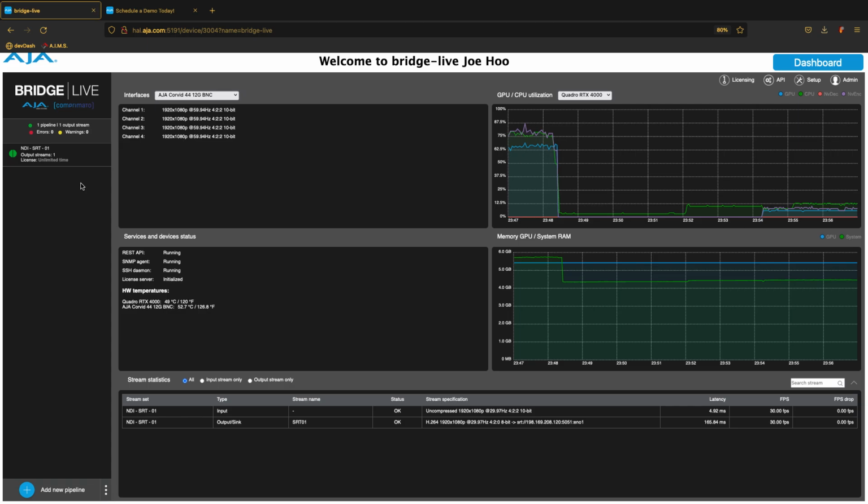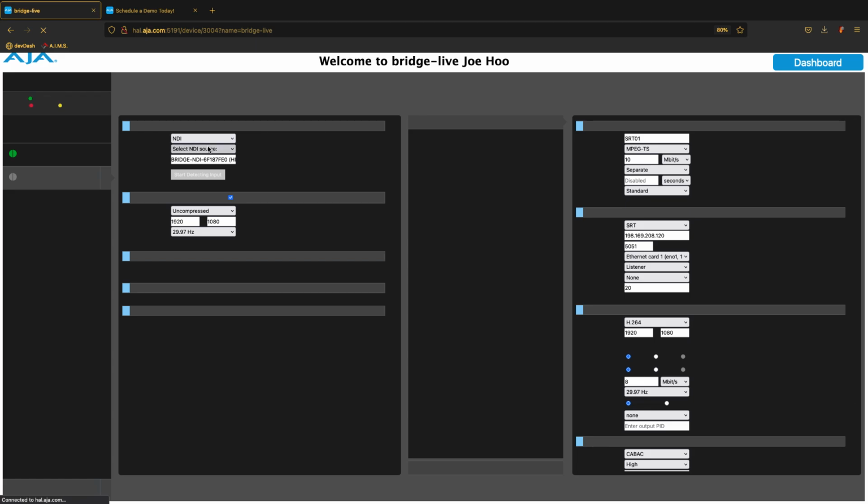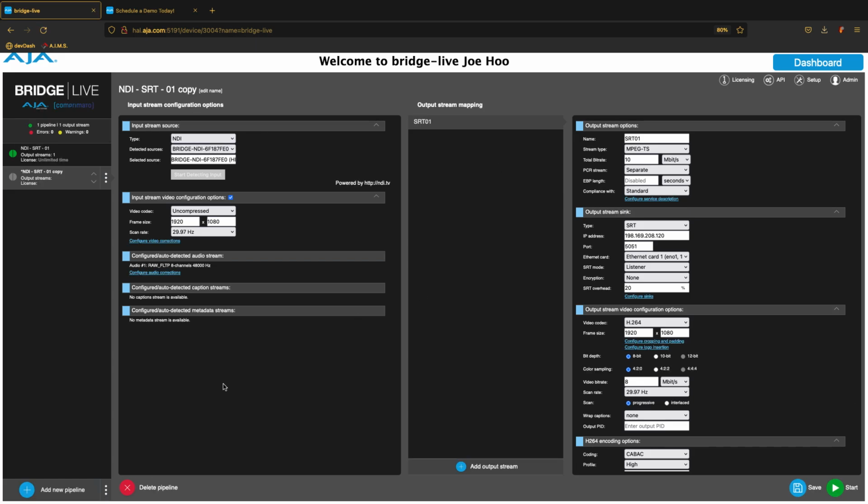So I'm going to go ahead and add more pipelines. I can do that just like I did just now, add the new pipeline and reconfigure the whole thing. Or I can also just clone this pipeline, change the name, change the input source, and change the port number to give another input, another setup in the pipeline. But that will take some time for me to do all 16 of them. So I'm going to upload a previously saved preset that consists of 16 channels of NDI to